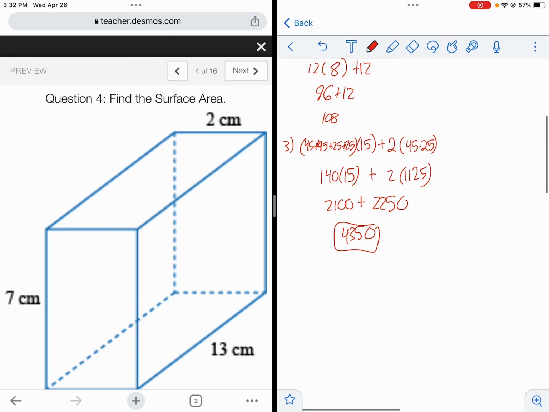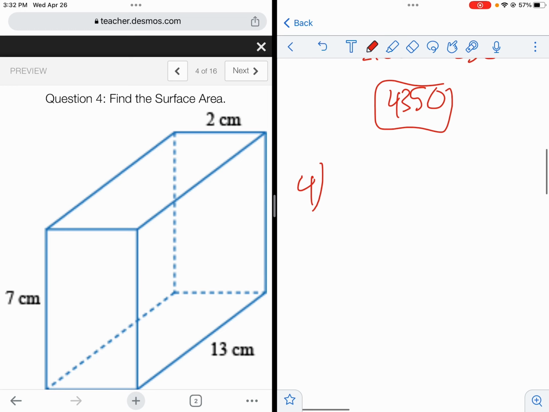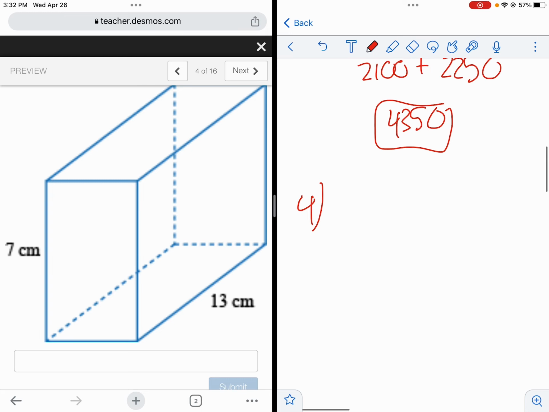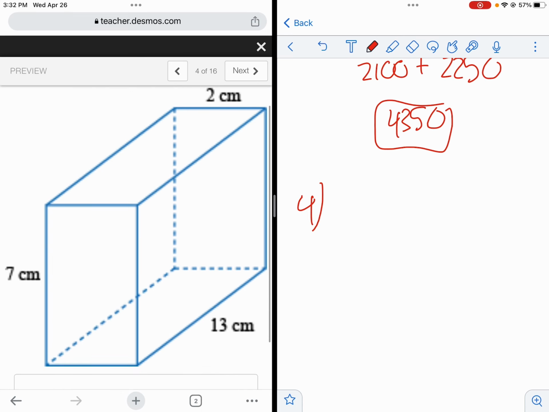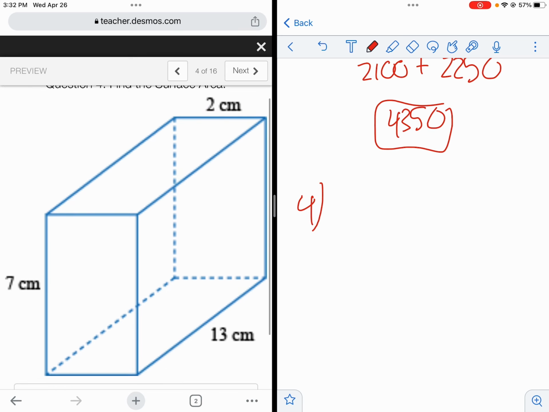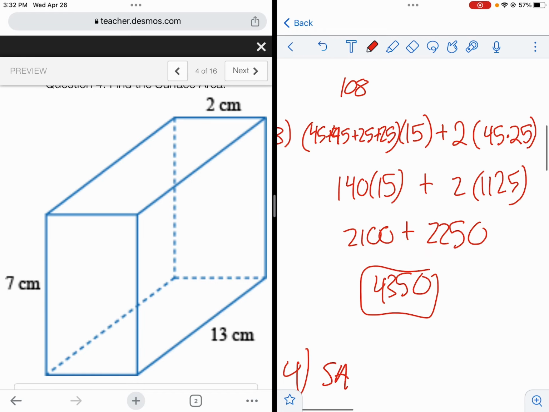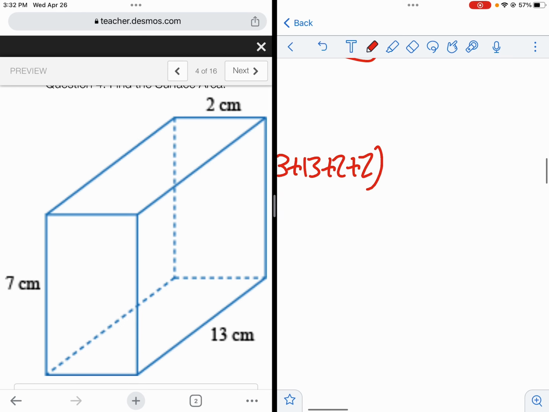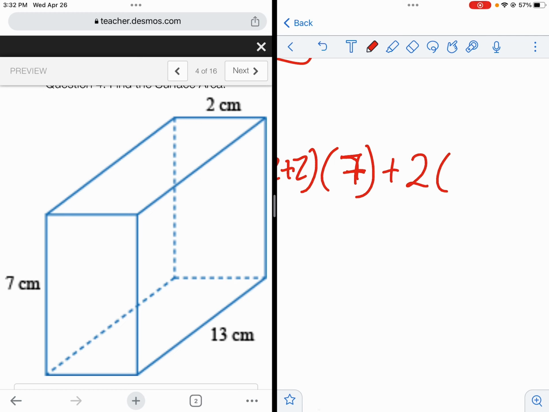Next, we have find the surface area of this prism. So that's number 4. Again, same thing, rectangular prism. It doesn't matter which one's my base. I'm going to choose that 13 by 2 rectangle to be my base. So P is the perimeter of the base. So 13 plus 13 plus 2 plus 2. Multiply that by the height, which is 7. That's the distance between the two bases, right? Height is just the distance between the two bases, plus 2 times the area of the base, which would be